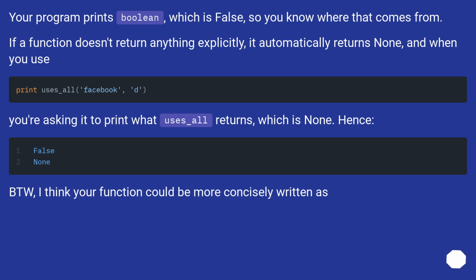Your program prints Boolean, which is False, so you know where that comes from. If a function doesn't return anything explicitly, it automatically returns None, and when you use print, you're asking it to print what uses_all returns, which is None. Hence,